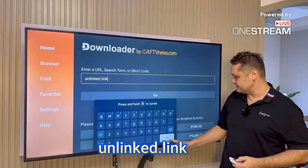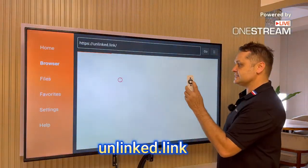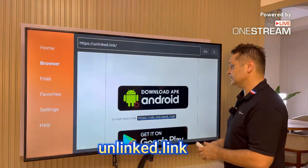Unlinked.link. Once you do that, press the little arrow here. That's going to connect to the Unlinked website. And a good thing is this has a D-pad like a Fire Stick. You see, I can move it around until you reach download APK Android, and click on that. Once you do that,